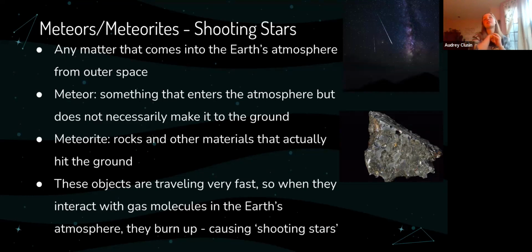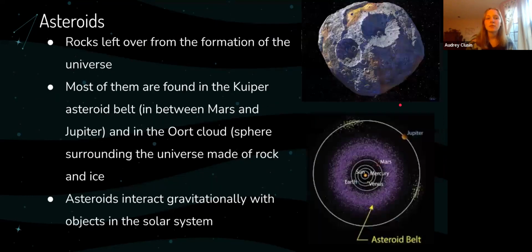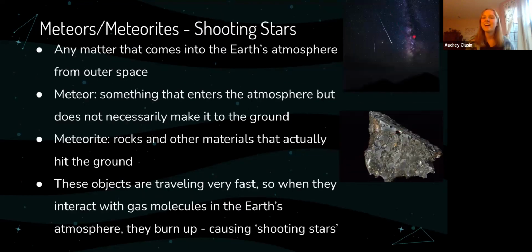Material degrades pretty significantly as it's traveling through the atmosphere. When things are traveling so fast, they burn up a little bit, and they get significantly smaller, and they form shooting stars. That's why shooting stars have trails of matter behind them. It's burning up rock, and that's also why many meteors don't become meteorites, because they don't hit the ground.